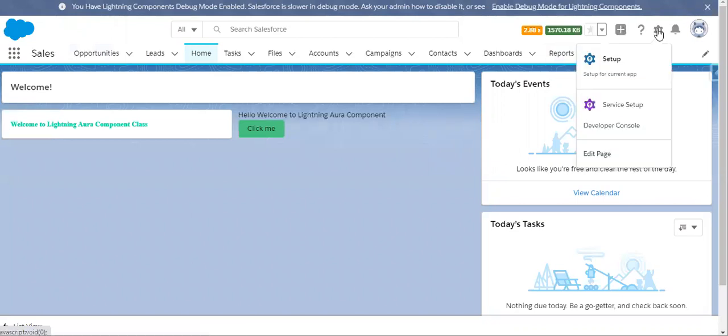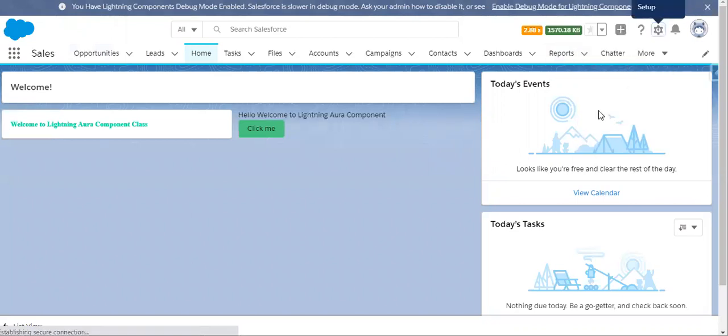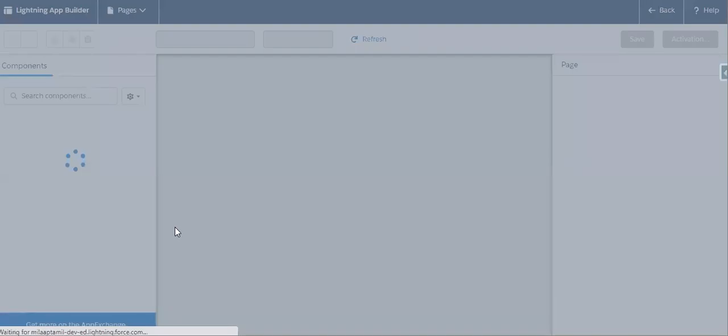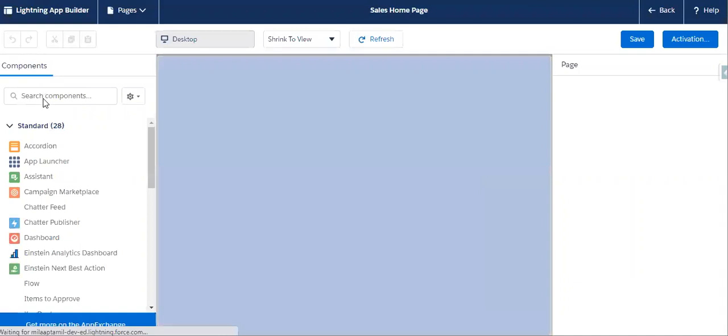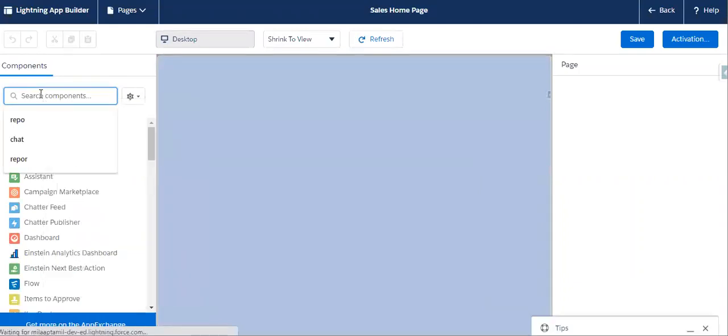Let's click on edit page. Let's add our Lightning flow.